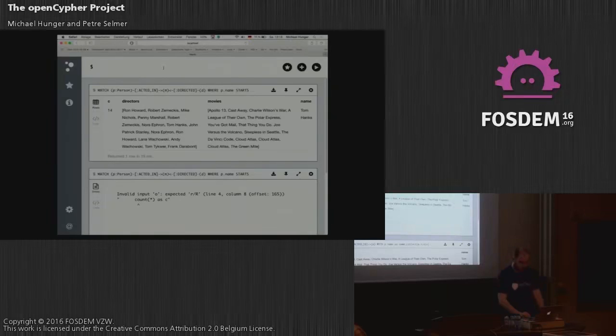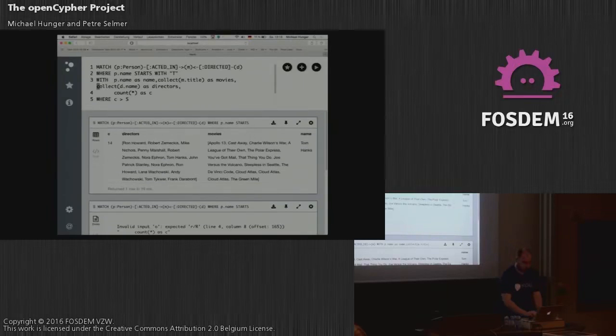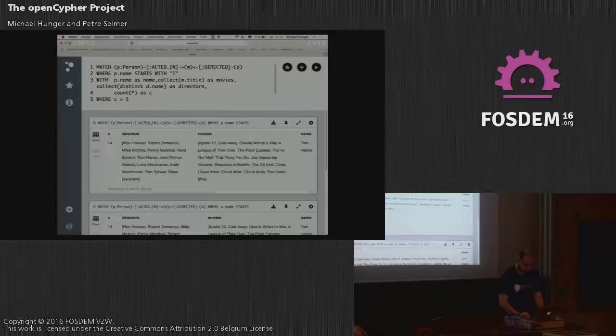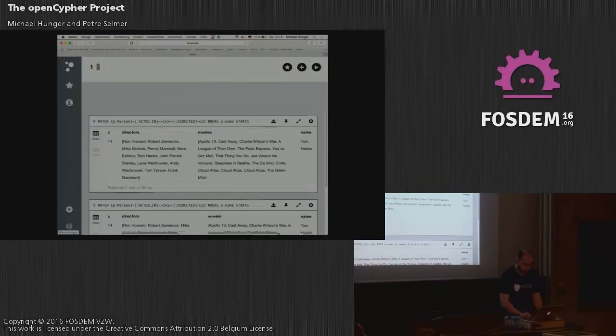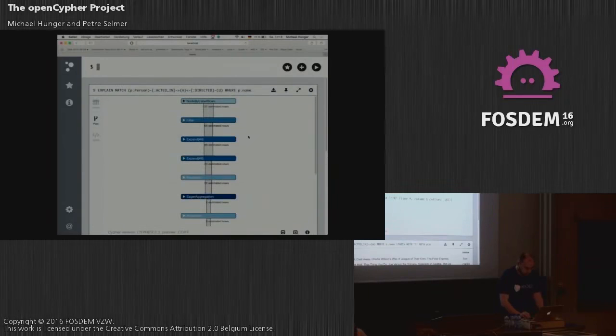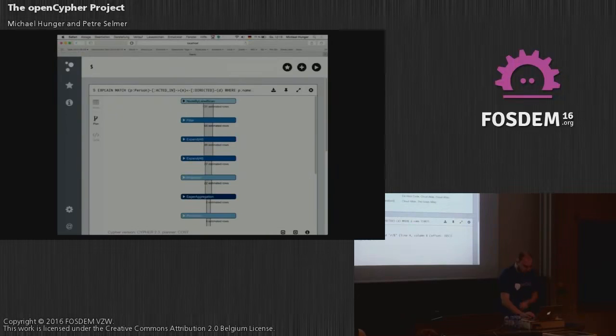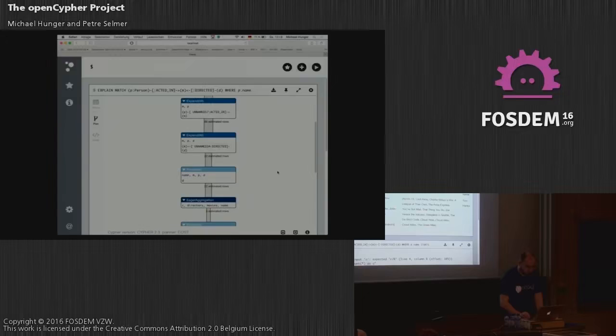I can also say, okay, instead of just seeing the movies, I want to see the directors as well, and I must not miss the comma, and then I also see the directors of all the movies, and it might be that there are some duplicates, and if there are some duplicates, then I can just